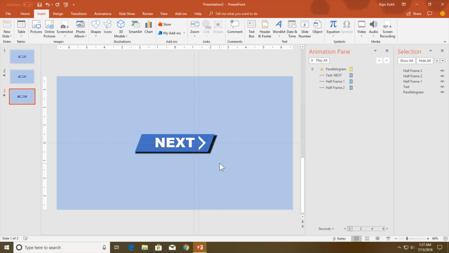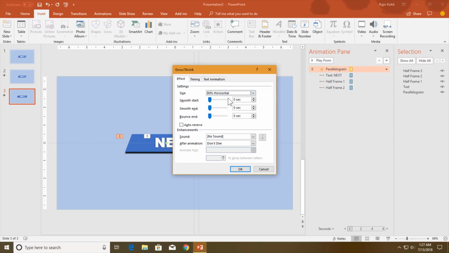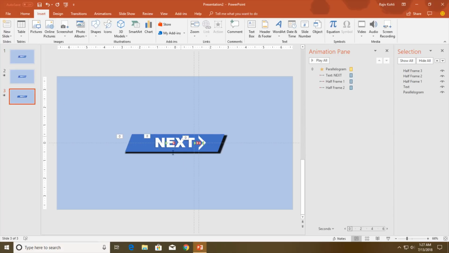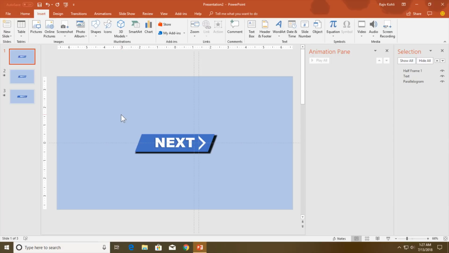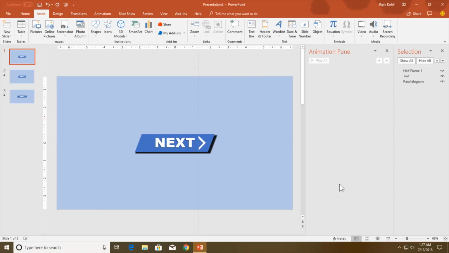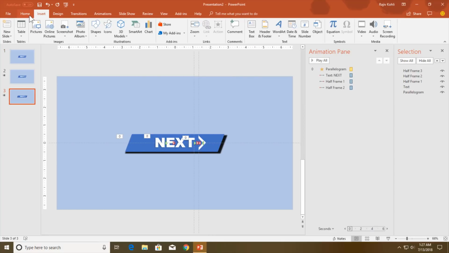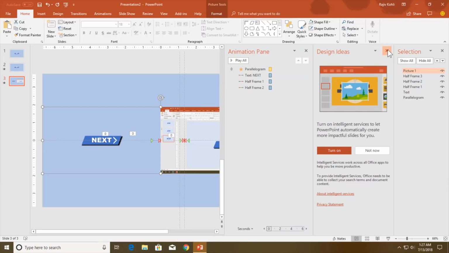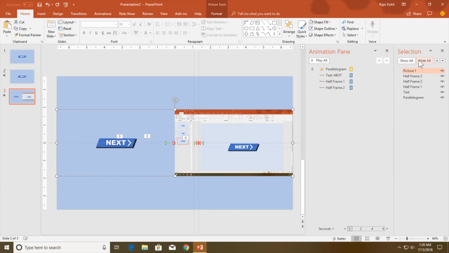And you can adjust the grow shrink setting to make it perfectly match with the size of the first one. So it is up to you how you do this, or you can use a trick here. Go to the first slide, see the slideshow, and hit the print screen button from the keyboard. That will take a screenshot of your screen, and on the third slide, go to the home tab, click the paste button, and that will paste that screenshot we have just captured using the print screen button.